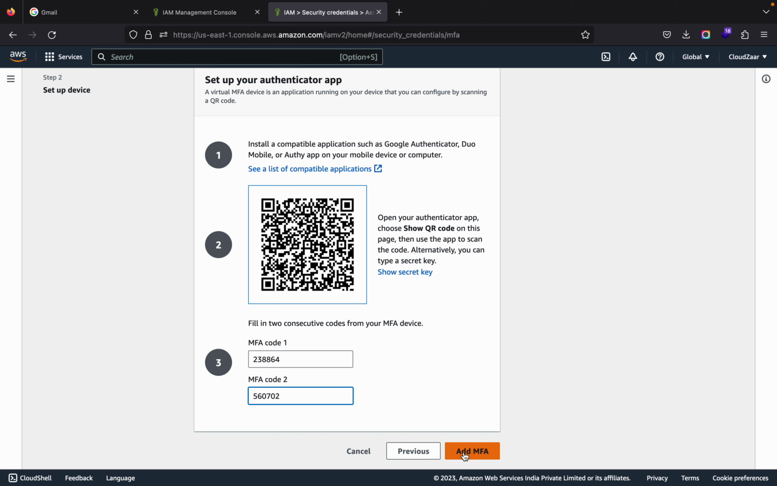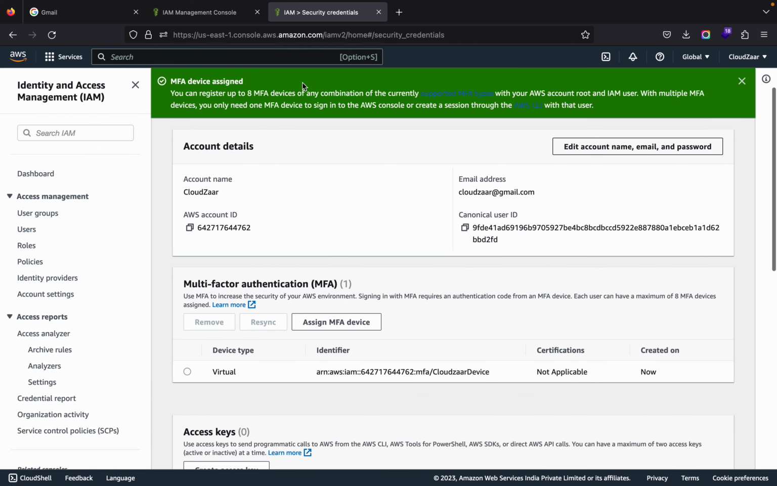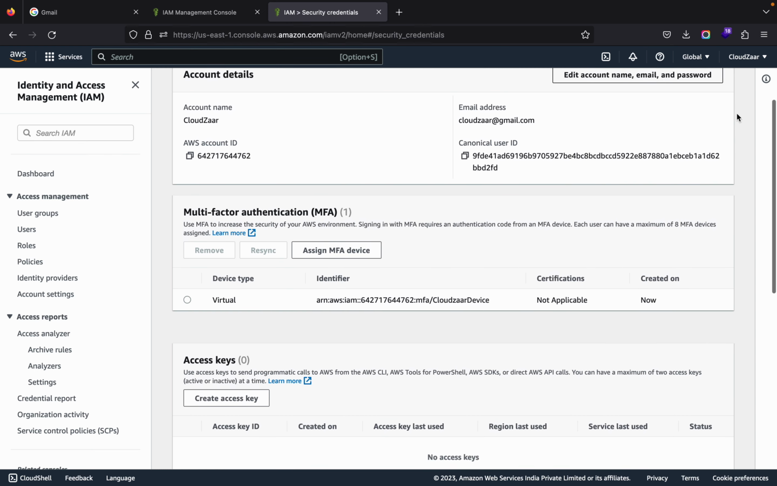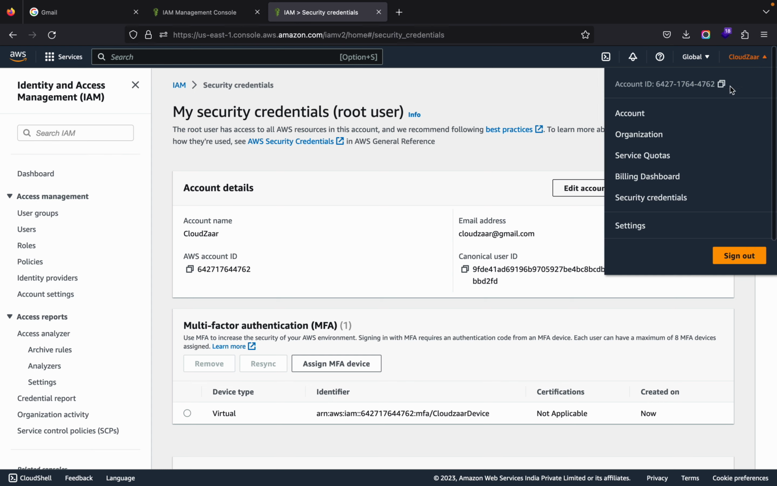Now I have added the second code, add MFA. Now it's showing that my account has been successfully protected through MFA. One device is assigned. Now if I log out